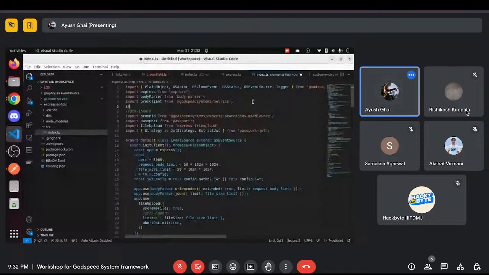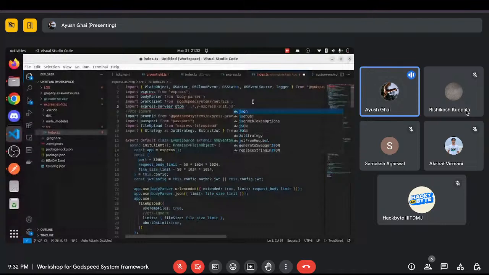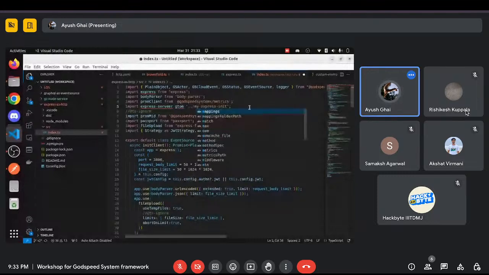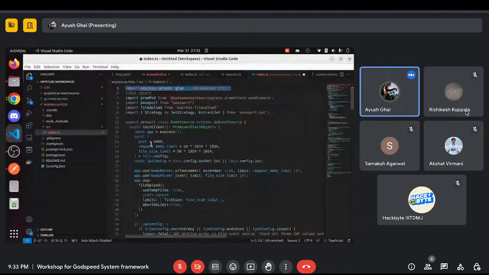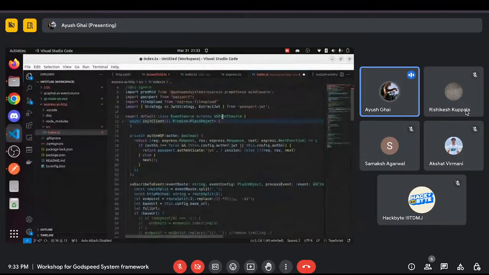If you have an Express init.js file, whichever file, you should export your Express service, import the Express client like this, and then simply return it here. Init client is the method. If you see, this file extends GS event source. So we basically need to implement GS event source, and init client returns my